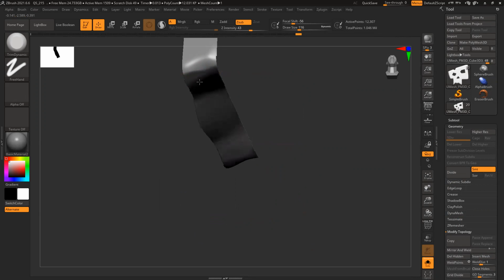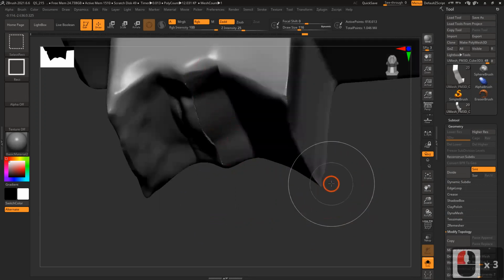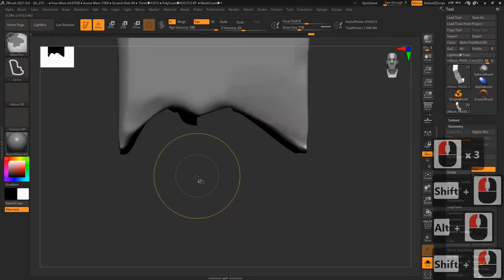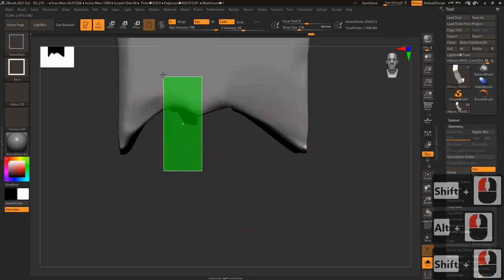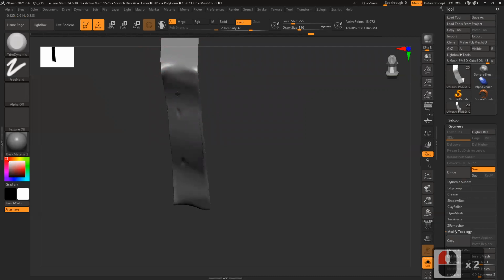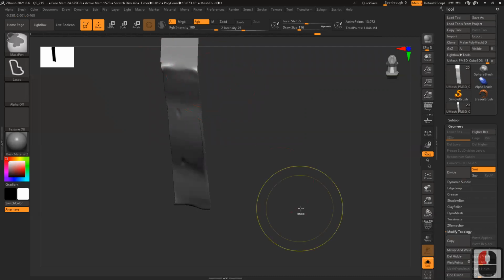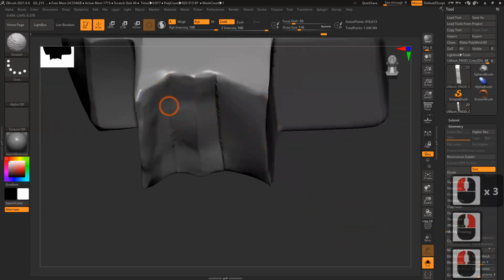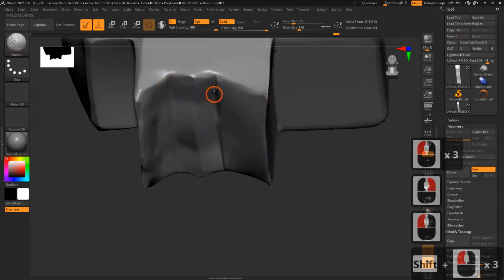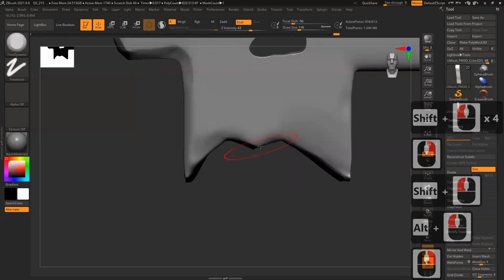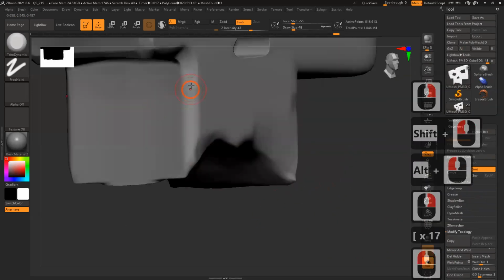It's pretty simple, very straightforward. Now angles are almost ready. Just make it soft. Reduce the brush.